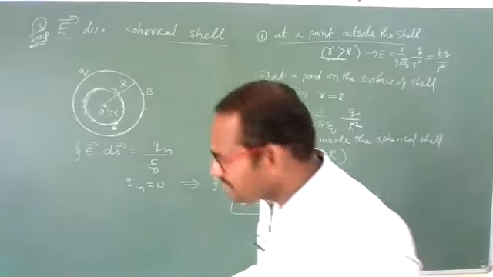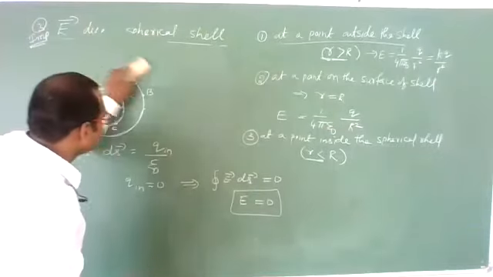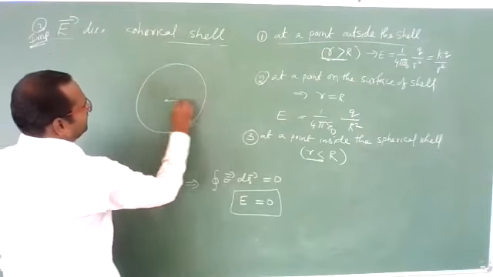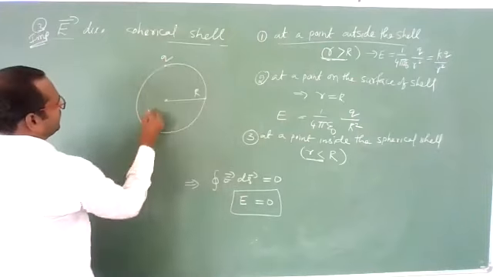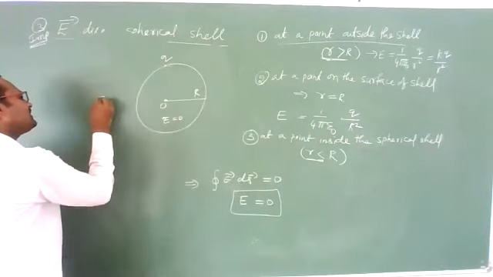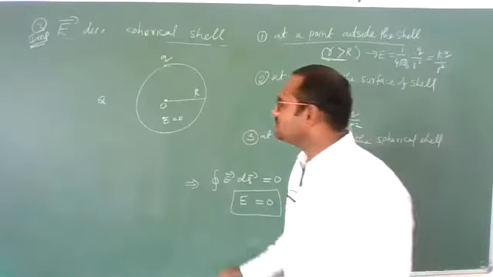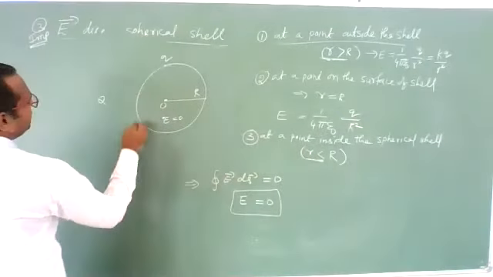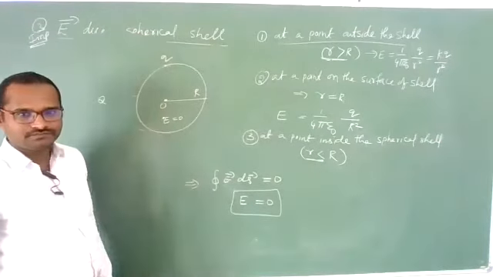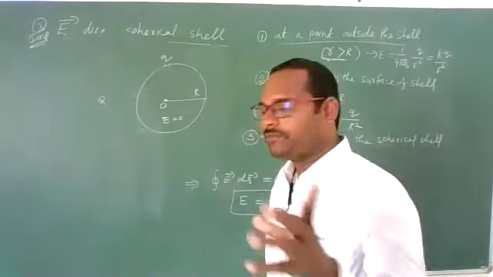Clear? See students, this is an important point now. For this spherical surface having radius capital R, if you give a charge Q, the electric field inside is 0. If we keep some charge Q outside also, some charge will reside here, but inside the electric field will be 0 always. This gives you an idea about one important point that is called